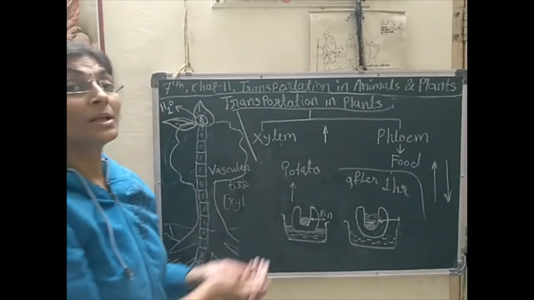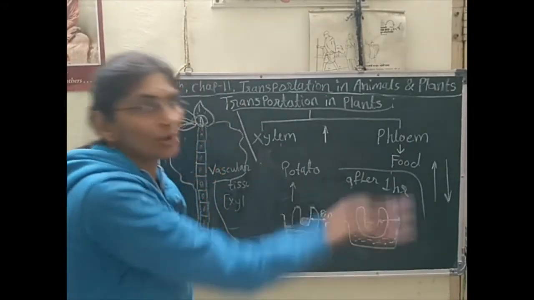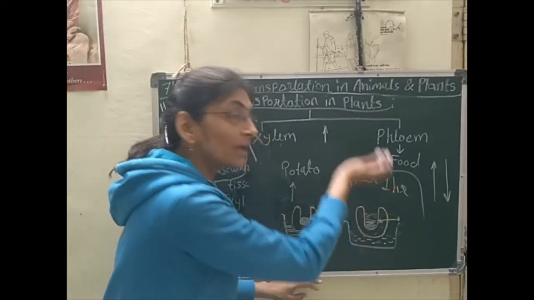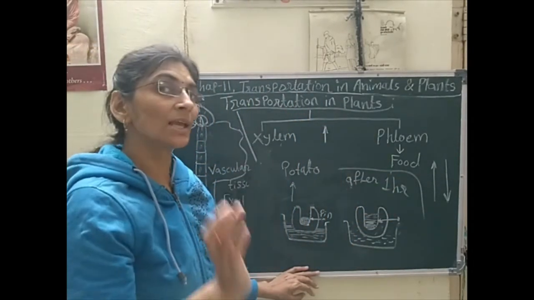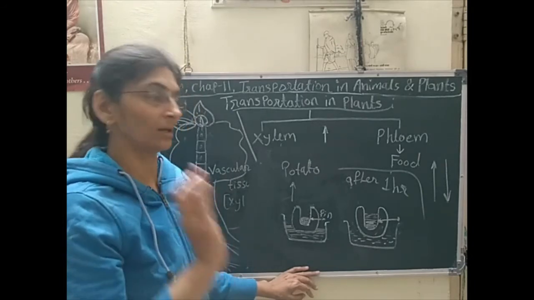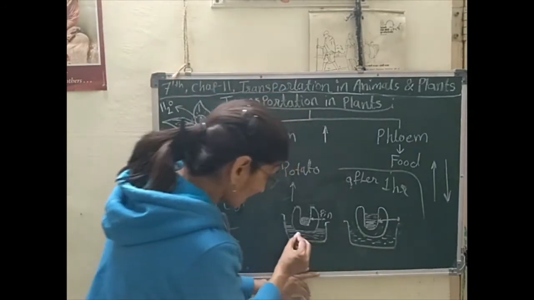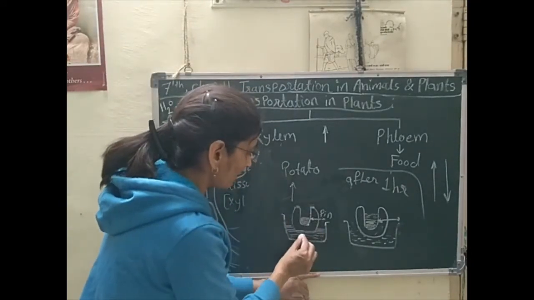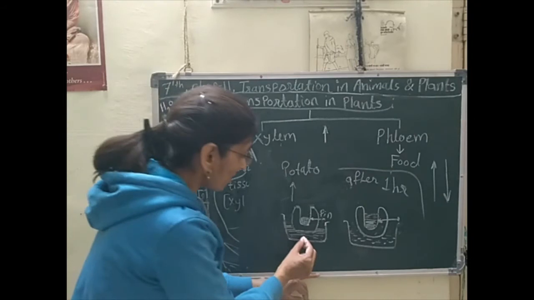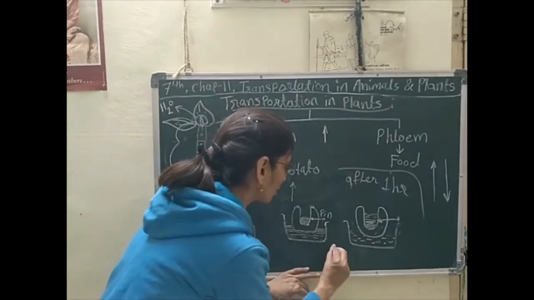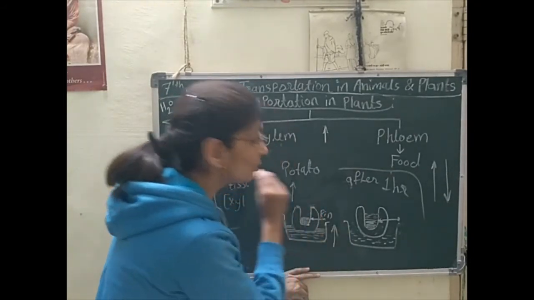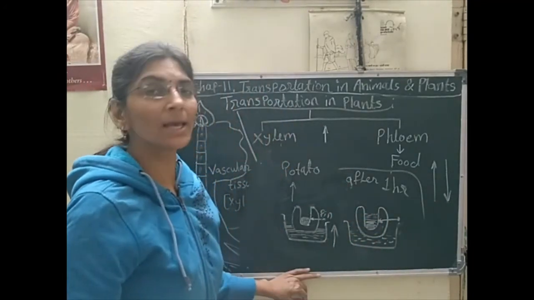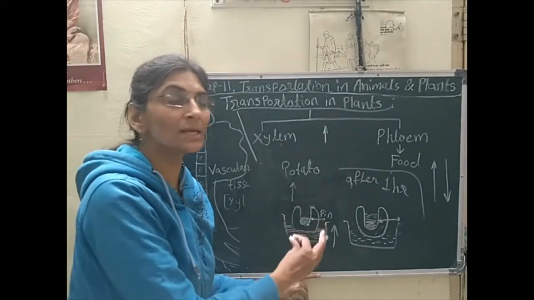transferred from हायर कॉन्सेंट्रेशन टू लोअर कॉन्सेंट्रेशन. ज्यादा कॉन्सेंट्रेशन से लोअर कॉन्सेंट्रेशन में वो ट्रांसफर हो जाता है. ये प्रोसेस को ऑस्मोसिस बोलते हैं. तो यहाँ पर वाटर का लेवल ज्यादा था, पोटैटो में लेवल कम था, तो यहाँ पर कॉन्सेंट्रेशन कम है, यहाँ पर कॉन्सेंट्रेशन ज्यादा है. तो from higher concentration to lower concentration ऑस्मोसिस प्रोसेस होगा.